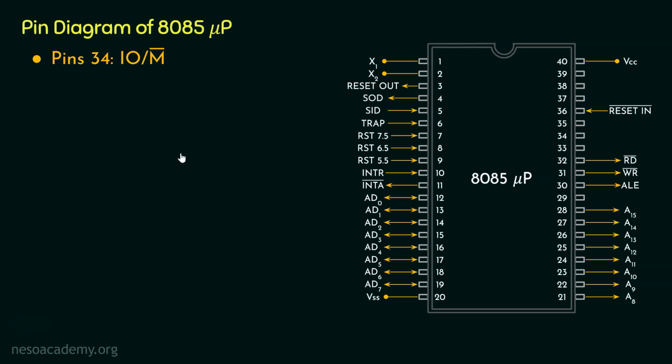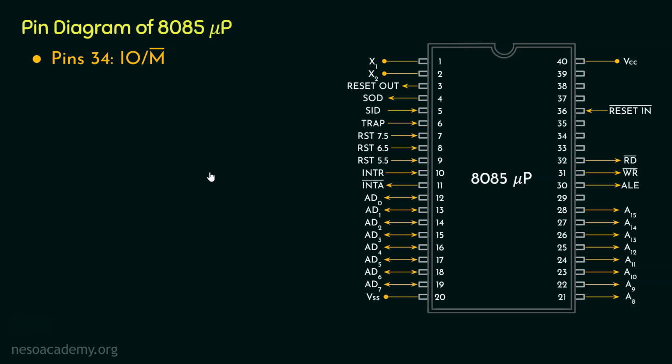Now if you remember, when we were talking about the data bus, we learned that the data bus can be used to fetch program codes from the memory. Because we can only store the program codes inside the memory, we can't really feed the program codes to the microprocessor via the input port bit by bit. However,